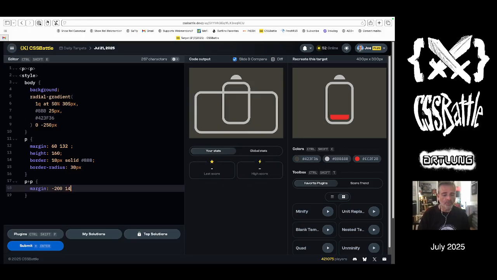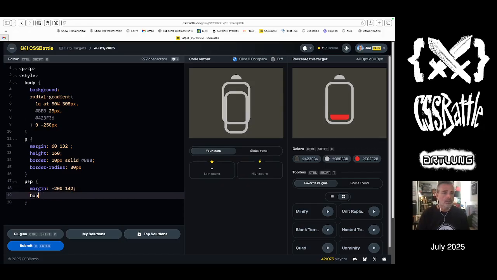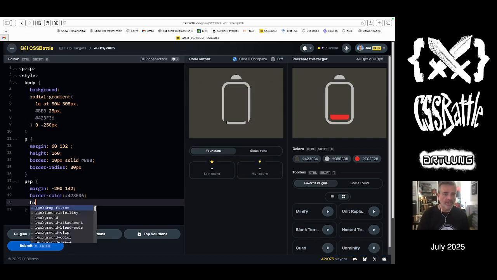Well, probably 142 or something like that. And yeah, then I want border. I guess I can do border color. If I set border color, maybe that will do what I want. And then I'm going to set a background, linear gradient. And if I do 180 degrees,